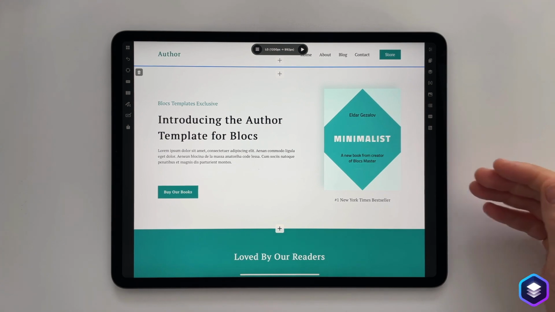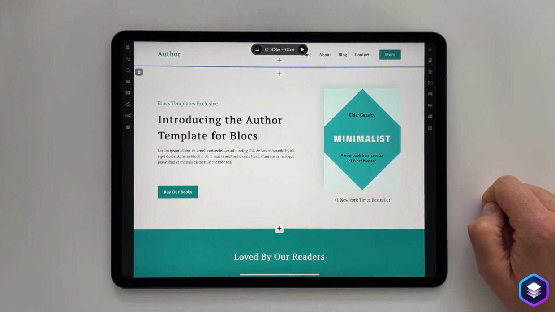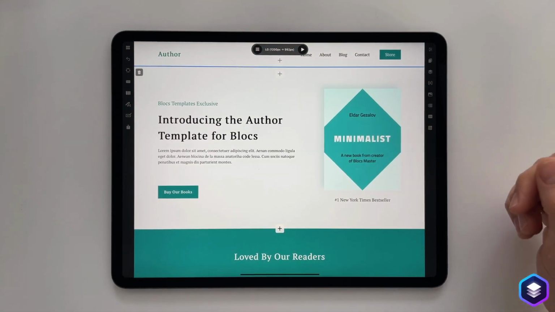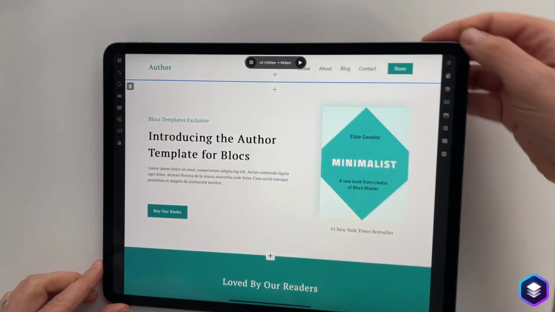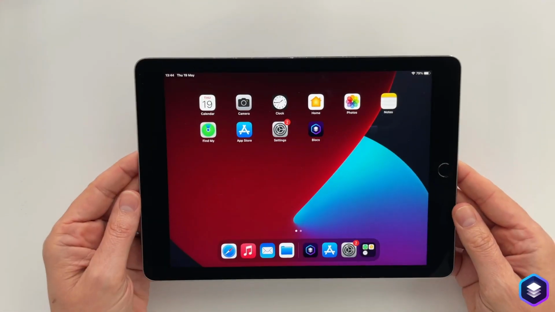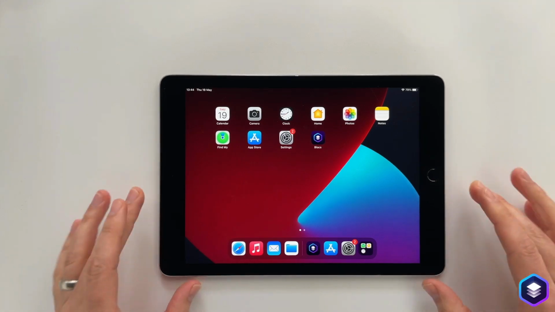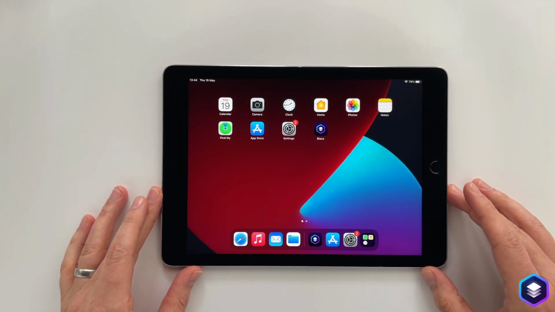And for anyone interested, this iPad that I have here is an iPad Pro. It's 2 years old. And obviously Blocks runs pretty slick and very, very fast on it. However, I do have an older iPad, which I'd like to bring over now. I'll just move this one out of the way. So this is an iPad Air. This iPad Air is really old, 8 years old. It's been all over the place. It's been kicked around, thrown in bags and all sorts.